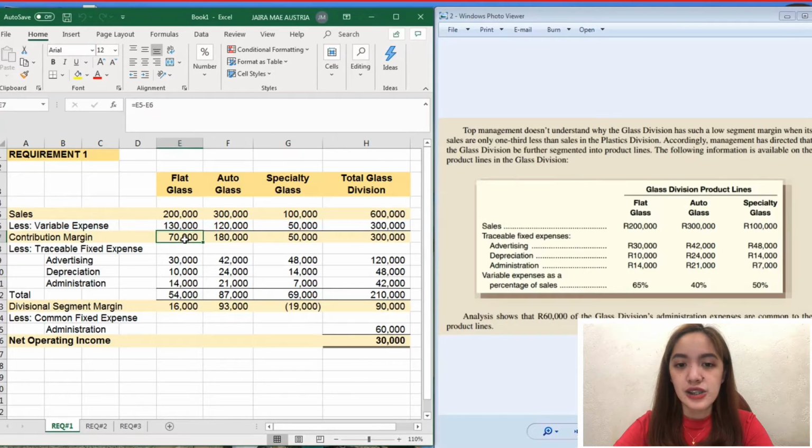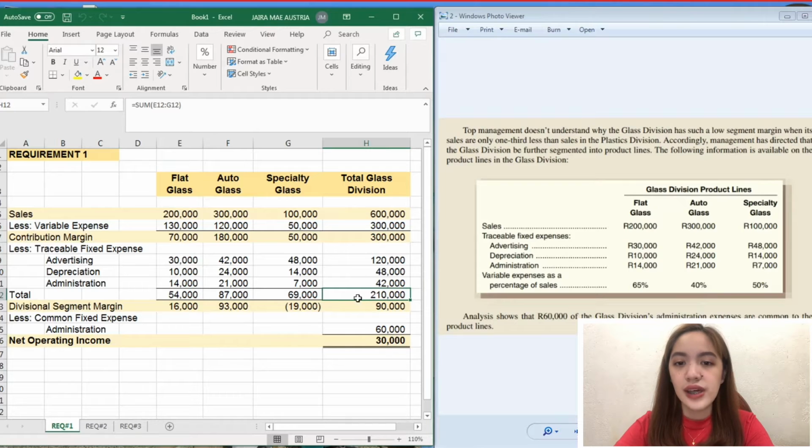Then, by subtracting the two, it will give us the contribution margin of 70,000, 180,000, and 50,000 with the total of 300,000 contribution margin. Next, traceable fixed expenses. We have here advertising, depreciation, and administration. Now that we have the total traceable fixed expense of 54,000, 87,000, and 69,000 with a total of